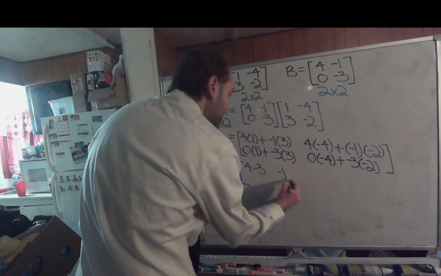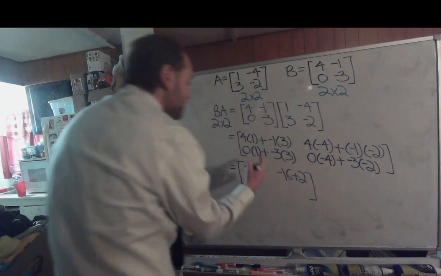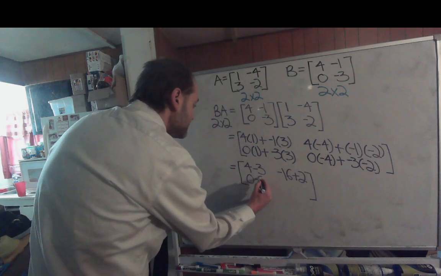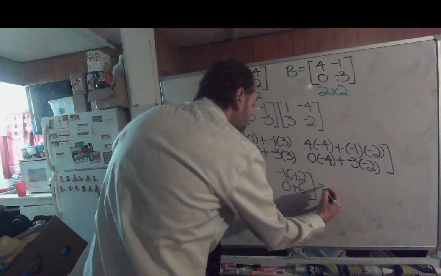Then you'd have -16 plus 2. Then you would have 0 minus 9. Then you would have 0 plus 6,